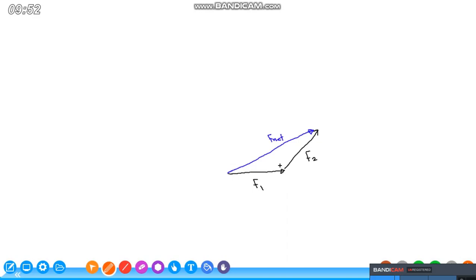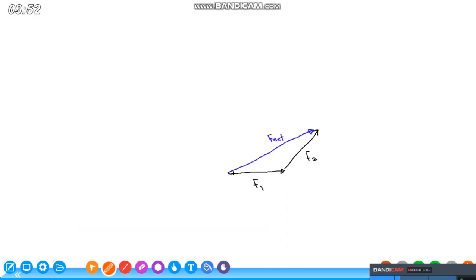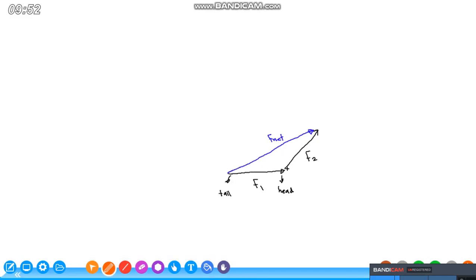Take care. Vector. Vector. This part called tail, and this part called head. This of first vector. What about second vector? This part called